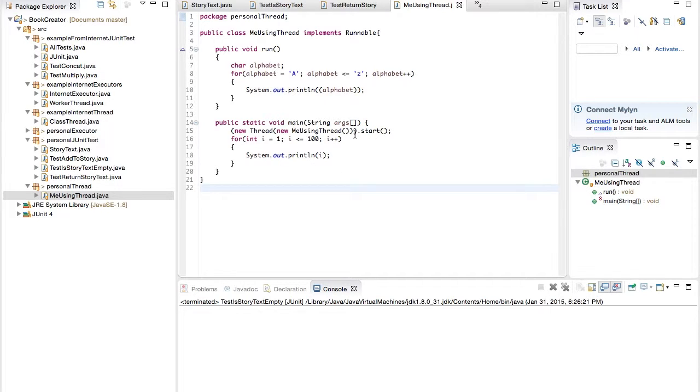So in this, I wanted to test to see if it really ran simultaneously. It's just simply printing out uppercase A to lowercase z in the ASCII table. I created this for loop, and it just prints that out to console. And then another one that was going to be running simultaneously is 1 to 100, just printing that out. So if we run it once, sometimes it gives me